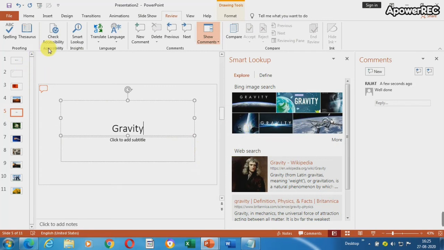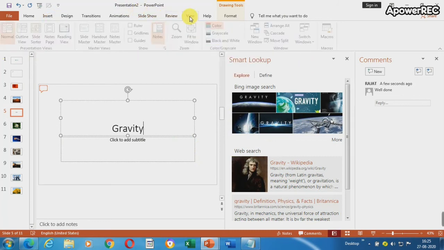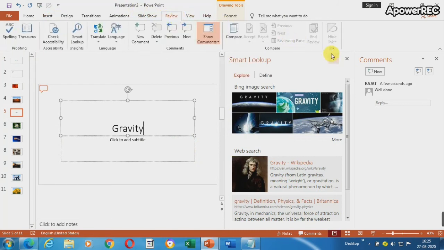The next one is ink annotation. It is an amazing feature that enables you to annotate with ink to write notes, create shapes, highlight a key concept, and much more. What we have to do in this feature, we have to click on the view tab, and there is an ink option. You can insert with the help of the ink option.